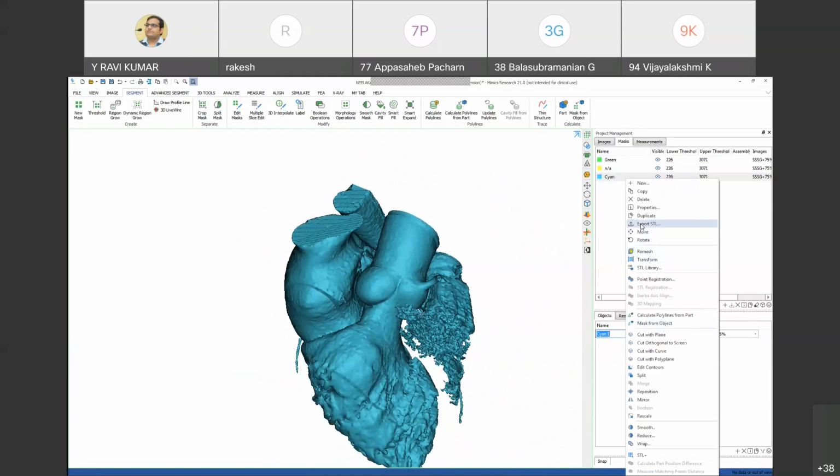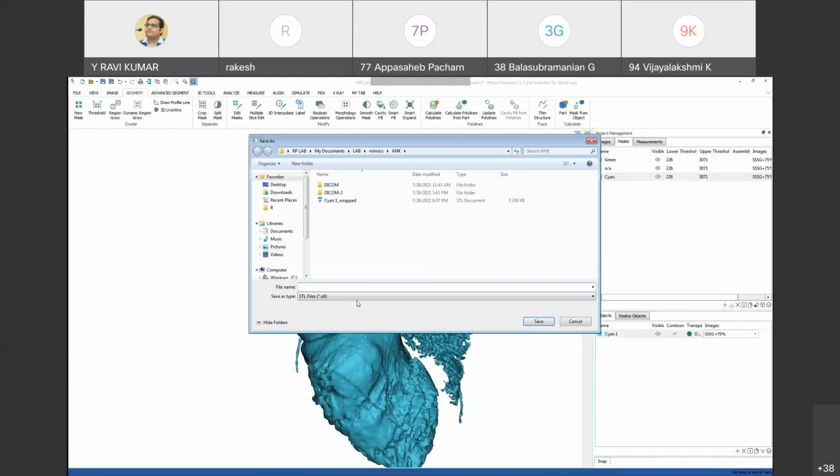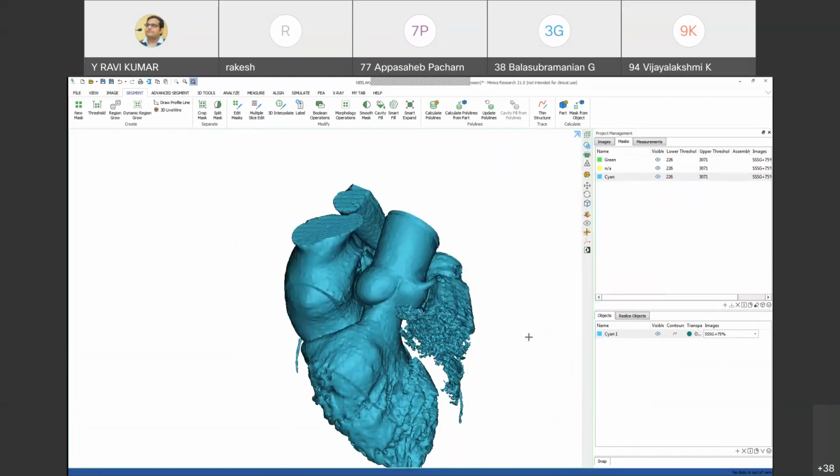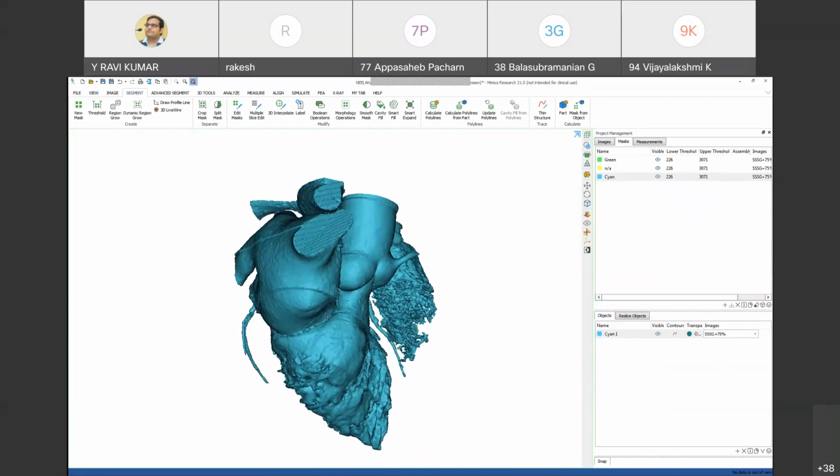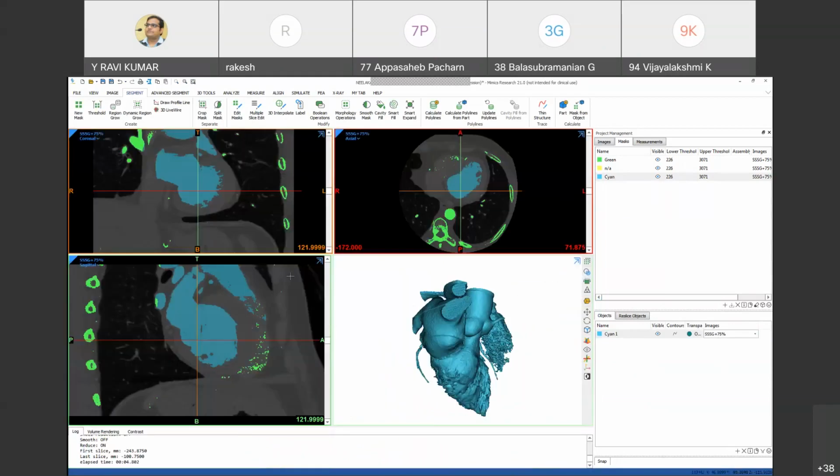You will get this one and then export STL. So this is how these DICOM images can be converted into an STL file.